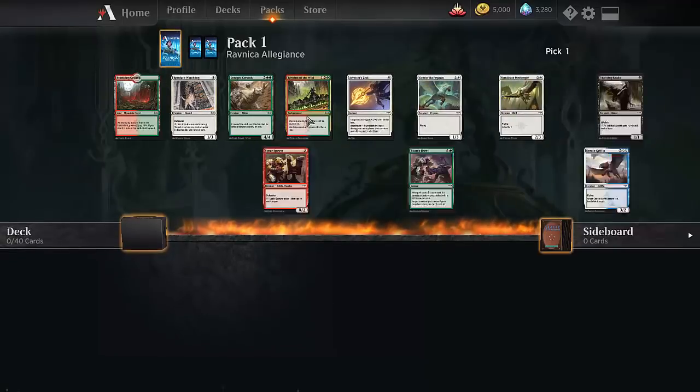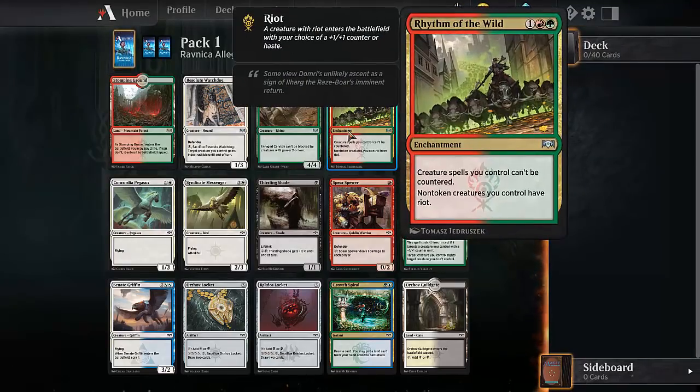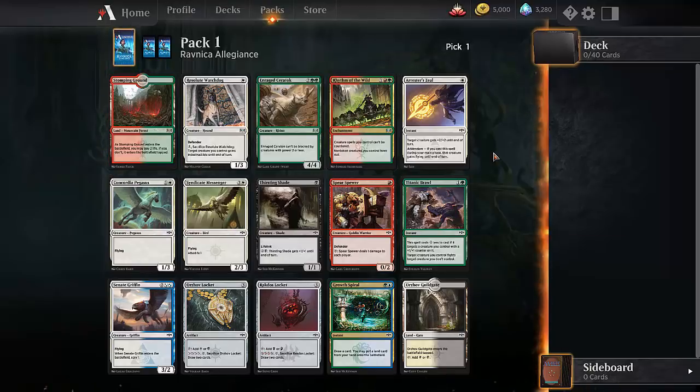I loved the Ravnica Allegiance format. One archetype I really enjoyed was Riot. Another one I really enjoyed was Random Flyers. There's a Stomping Grounds in here, which I think I need for my collection, but I don't really want to get. So